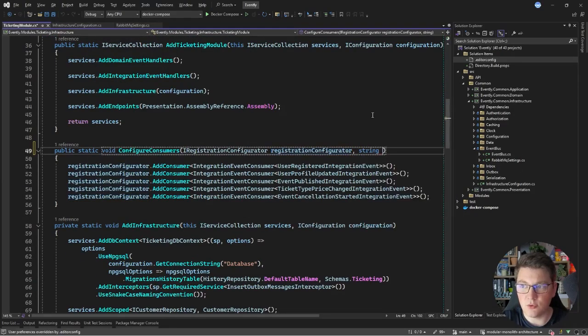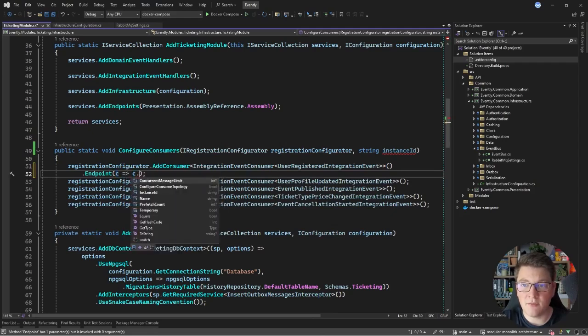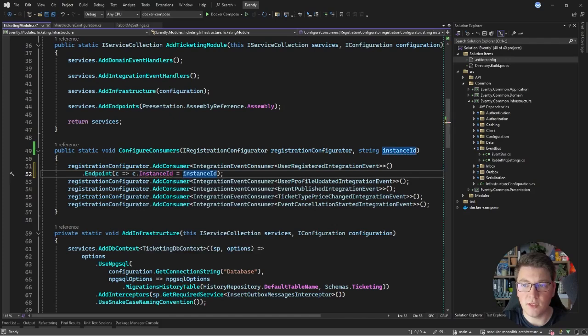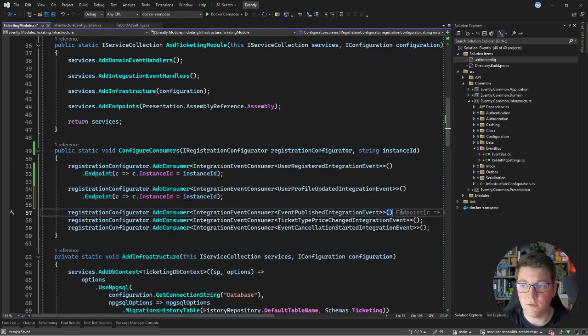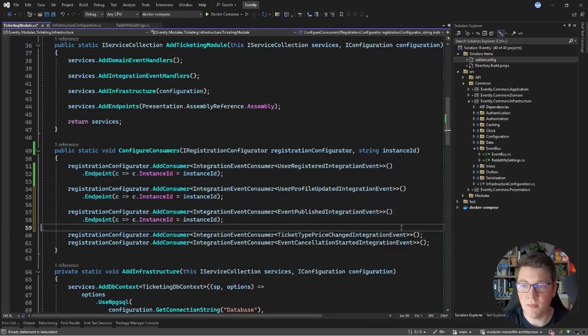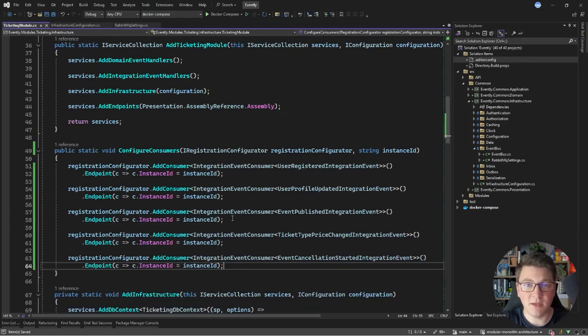So let's introduce an instance ID, and what I want to do with this is say endpoint, and then on the endpoint configurator I'm going to set the instance ID value to the instance ID argument that we are passing into this method. So let me go ahead and update this for all of the configurations for our respective consumers, and once we are done with the ticketing module, I'm going to make the same update in the other modules